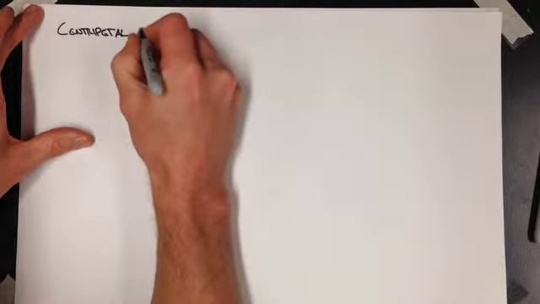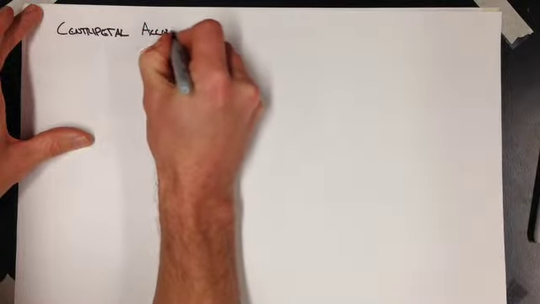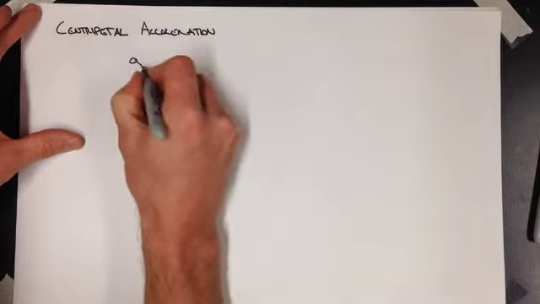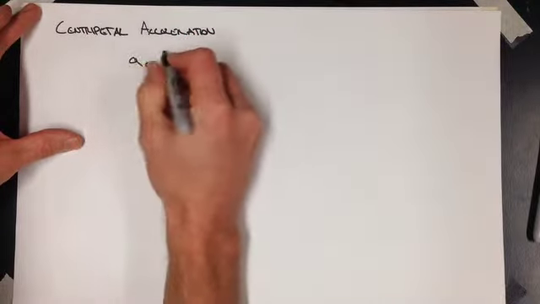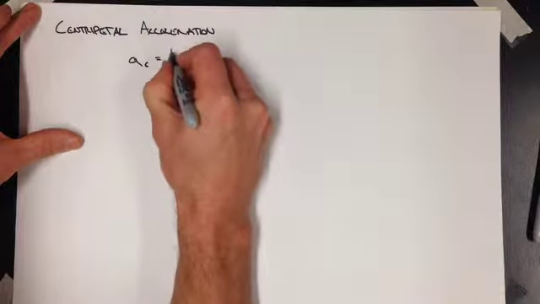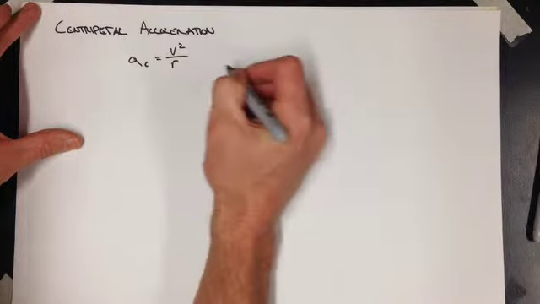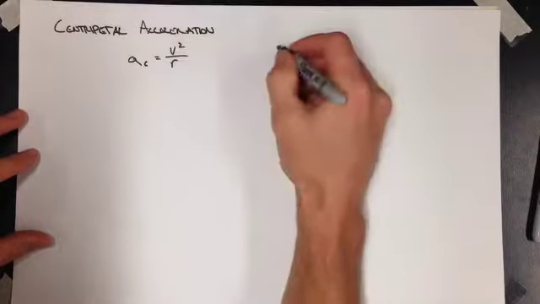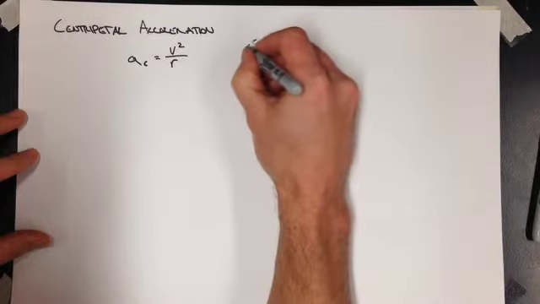Now we're going to go over centripetal acceleration. We've already defined this in class as the centripetal acceleration. The magnitude of centripetal acceleration is equal to v squared over r. And this v really is speed, because when we're talking about centripetal acceleration, we're talking about an object